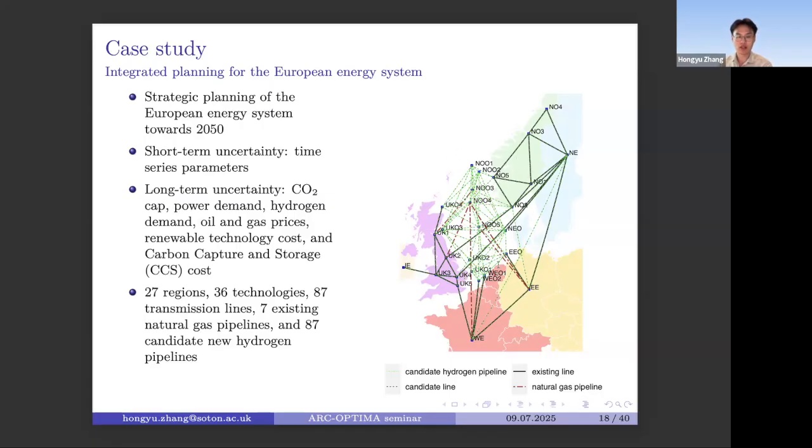A lot of candidate pipelines can be built for hydrogen, and also we include all the existing natural gas pipelines from the Norwegian continental shelf to the rest of Europe, to see under what condition it is economical to retrofit some of the pipelines. And also we have power cables, which are represented by